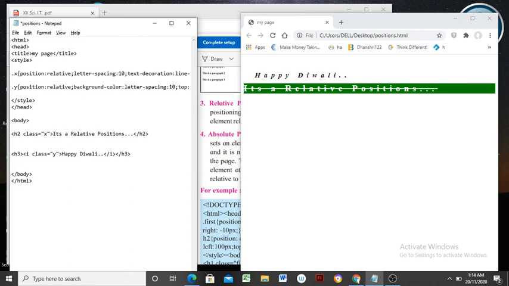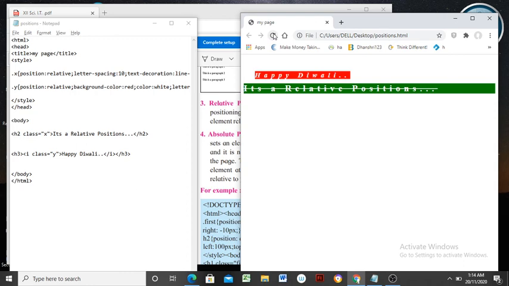Background hyphen color, and a color name will be applicable. I am giving red here. It is saved. Now it will be applicable. Yes, it is. One can change text color, it is possible again. I am giving white color for that. See here again. Yes, it is there. So whatever content you are going to apply an effect to, it is possible using any